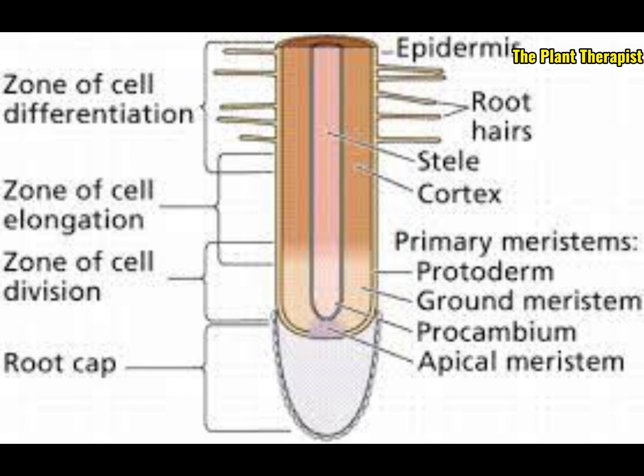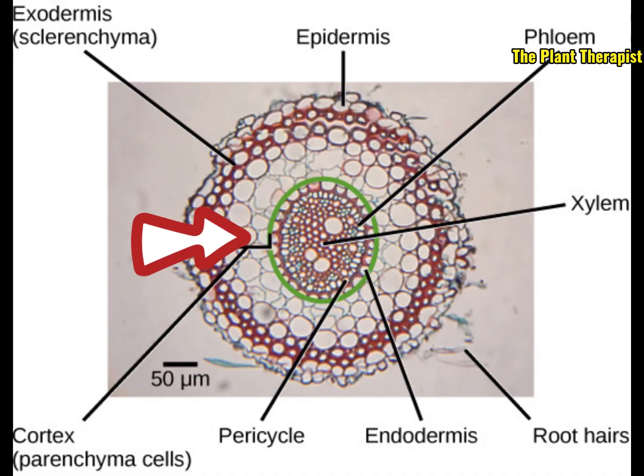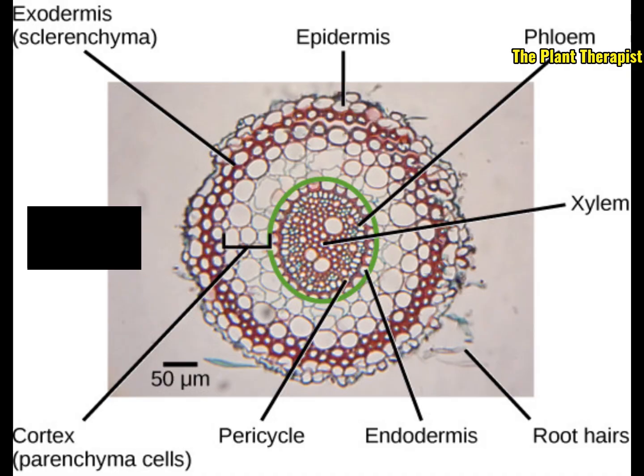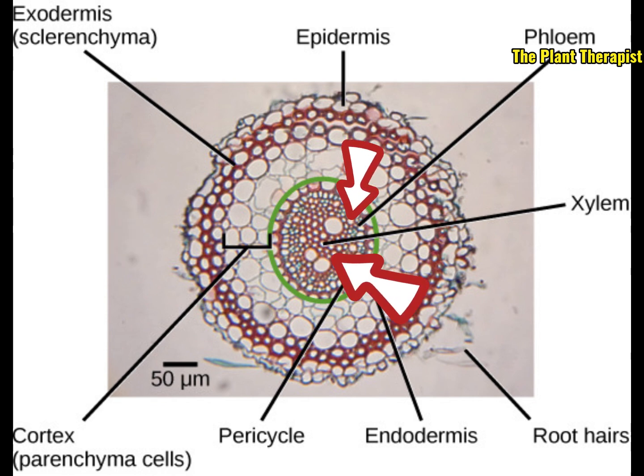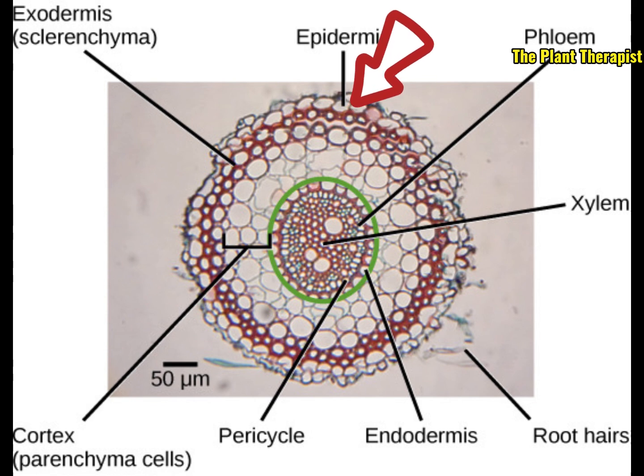The ground meristem, to the inside of the protoderm, produces parenchymal cells of the cortex, while the procambium, which appears as a solid cylinder in the center of the root, produces primary xylem and primary phloem. So, the protoderm produces the epidermis, the ground meristem produces parenchymal cells of the cortex, and the procambium produces primary